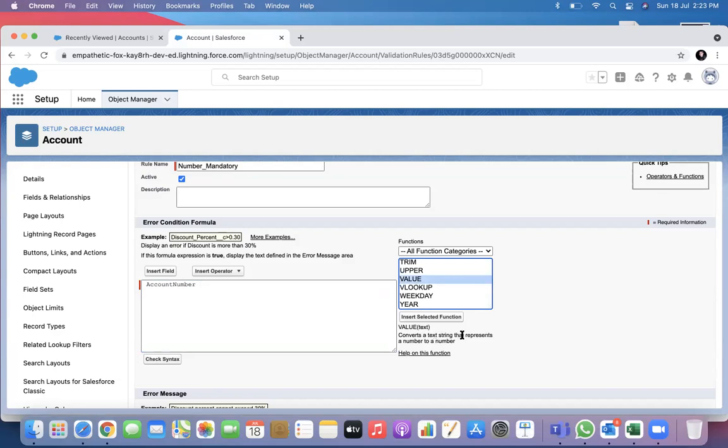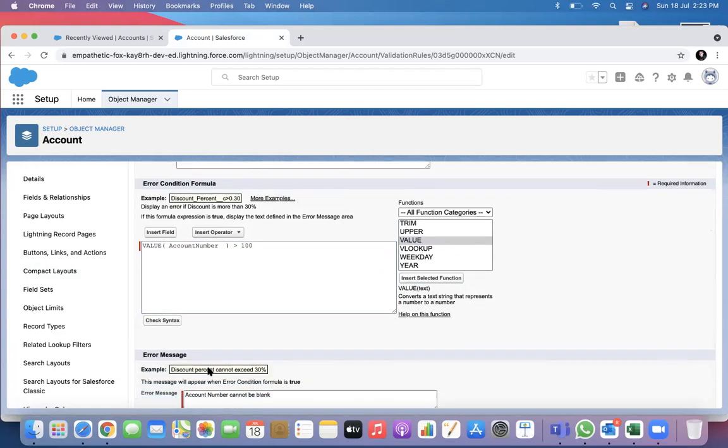Value converts a string character that represents a number to a number. Okay, let's use VALUE, and I say account value should not be greater than 100.